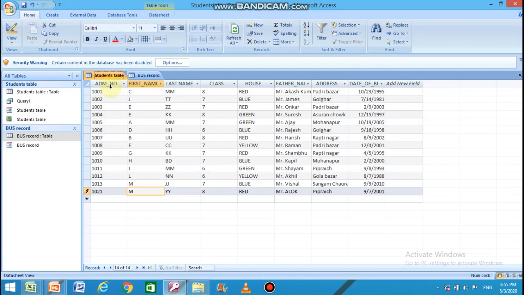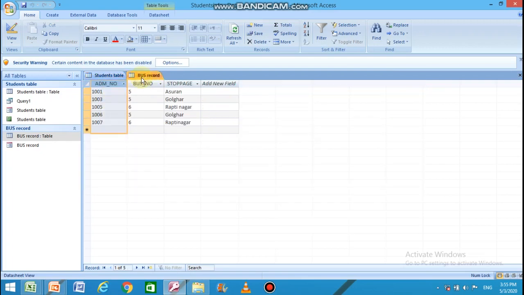The primary key field, that is admission number, in the main table is known as foreign key in the other table to which it is going to be related. We are going to create a relationship between students table and bus record, so the admission number field of bus record will be treated as foreign key.